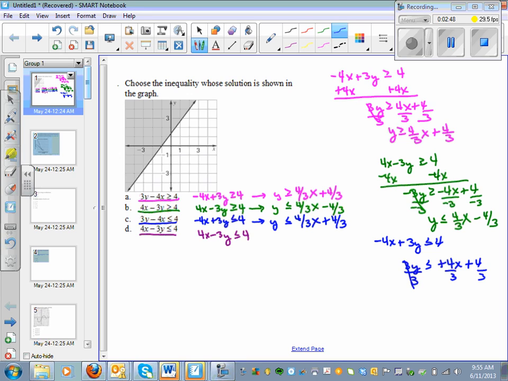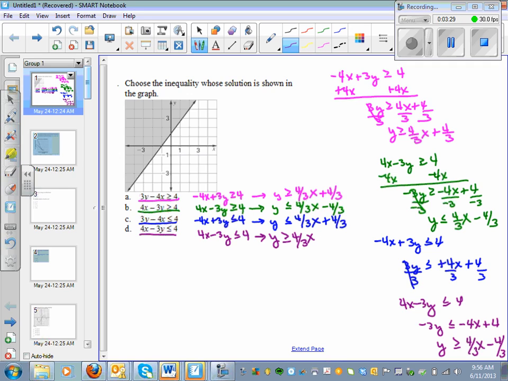And the last one, I've got 4x minus 3y is less than or equal to 4. Subtract 4x from both sides. You can see my handwriting down at the bottom gets kind of messy, but that's okay. You're going to divide by a negative here, which means you're going to have to flip that. Dividing negative 4 by negative 3 gives you 4/3 x, and dividing a positive 4 by negative 3 is minus 4/3. Okay, so y is greater than or equal to 4/3 x